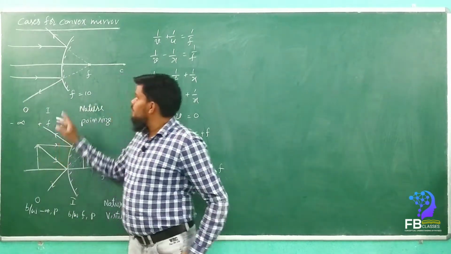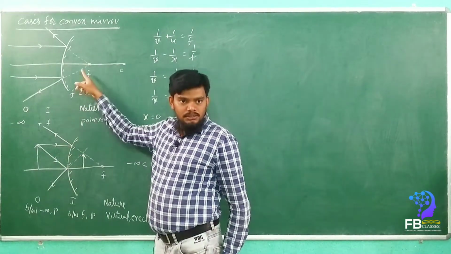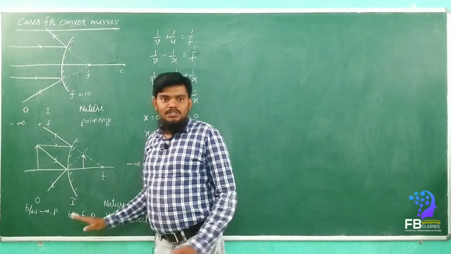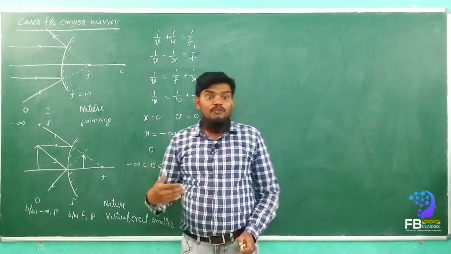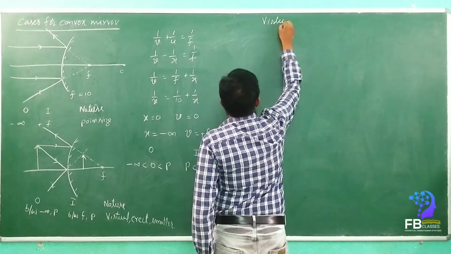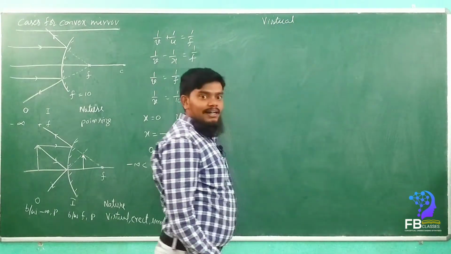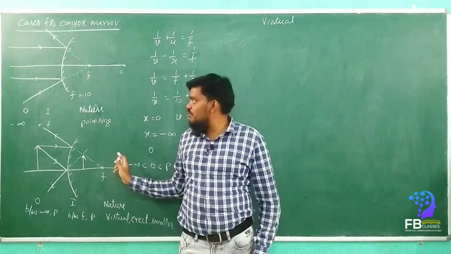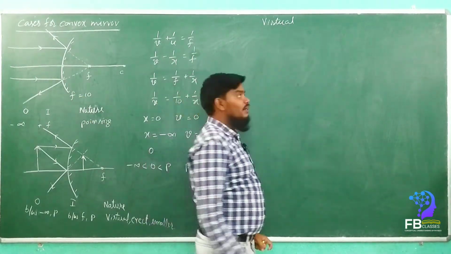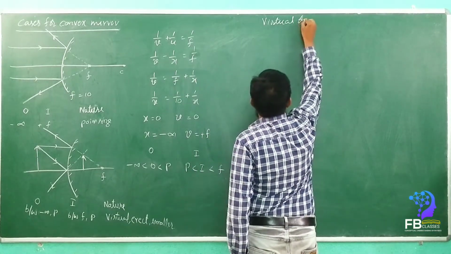So this is the real object, when we place the real object in front of the convex mirror. So this is the total mechanism. Now if you go for the virtual, see here, virtual. For the real there is very little conceptual understanding needed for the convex, but the virtual object is more important in the convex. Virtual object for convex mirror.